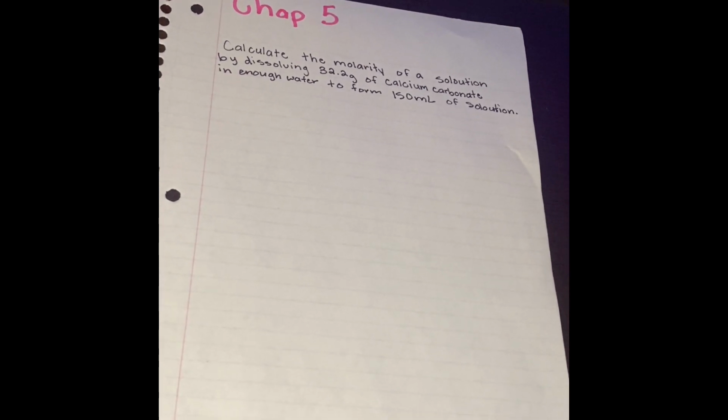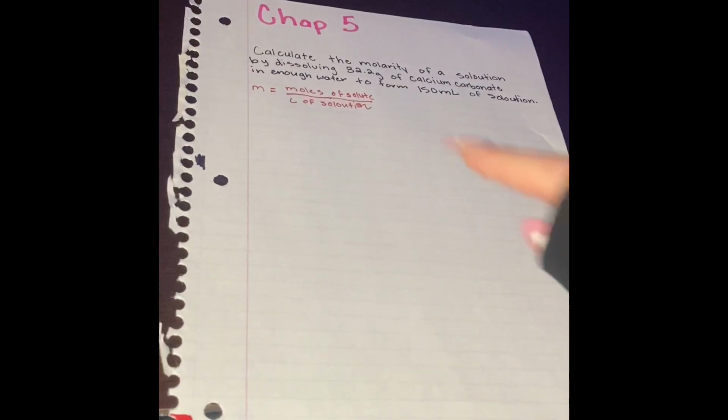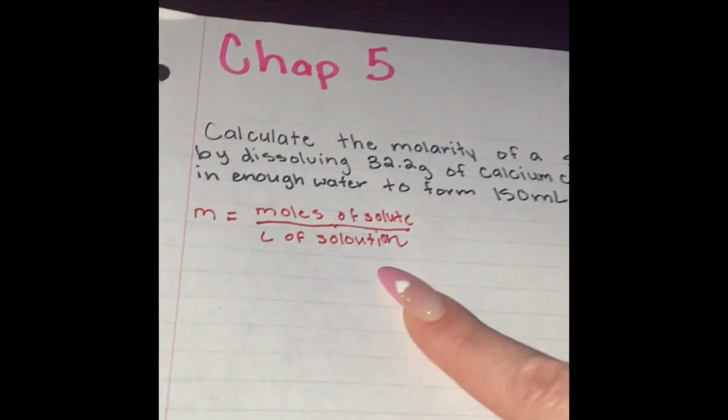From chapter 5, our question is, calculate the molarity of a solution by dissolving 32.2 grams of calcium carbonate in enough water to form 150 milliliters of solution. So we just need to set this up by saying, we have the moles of solute over liters of solution, and what you're going to want to do is take the 32.2 grams of calcium carbonate